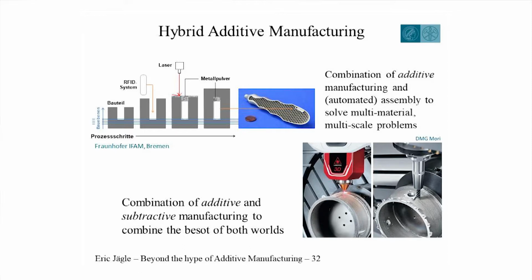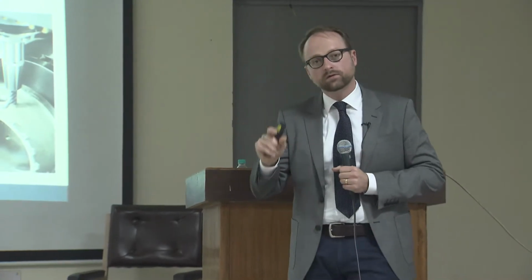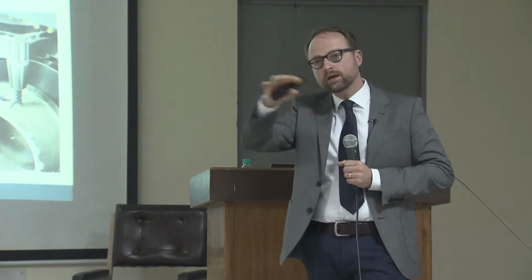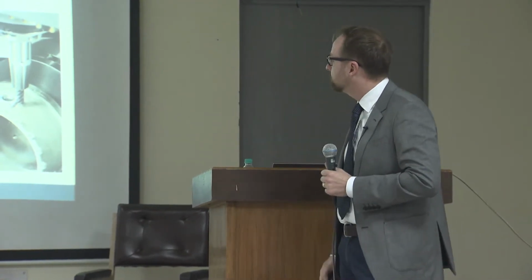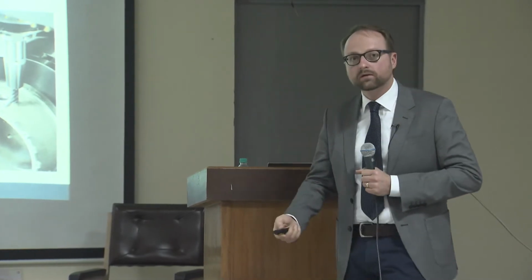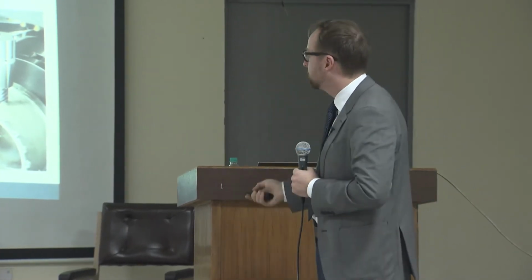So in order to solve such multi-scale problems, people propose, for example, 3D printing a part, but leaving a cavity. In this case, it's for an RFID chip that you can put in and then resume the printing process and have a smart insert fully embedded in, I think in this case it's a tool or something. Yeah? So this makes your product smart, and this solves the multi-scale problem.